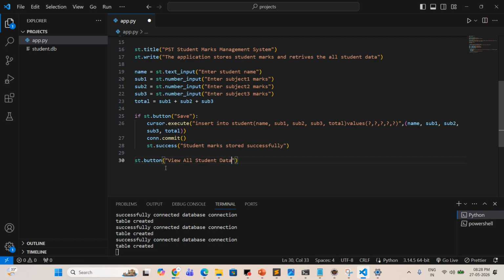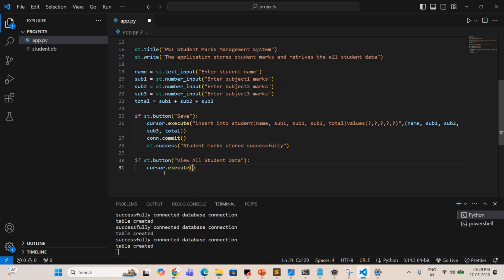If it is a bigger, okay, ignore it. Okay, whatever. So click event I am adding here. If student st button click event, okay, question mark, then what we need to do? We need to write the data. What is the steps of writing? I mean retrieving, same cursor dot